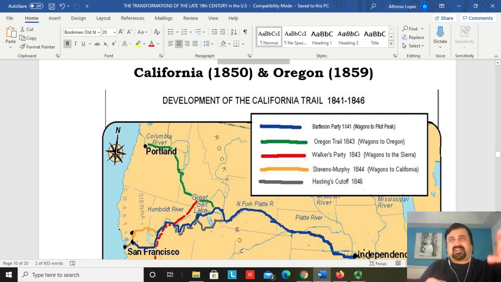The country was very divided between the North and the South in terms of what kind of economic system we are going to bring into the Wild West. Is it going to be industrialization and farming and free labor, or is it going to be plantations and slave